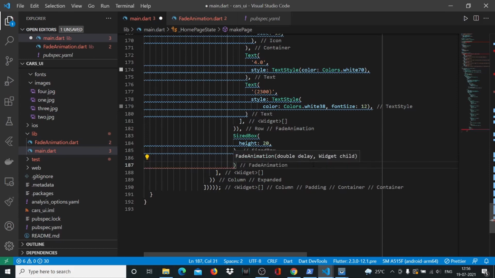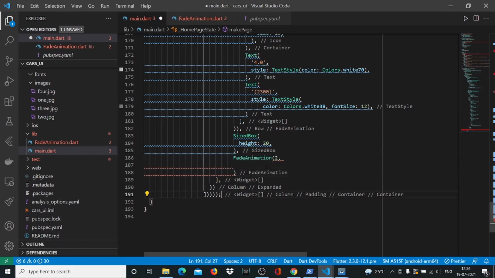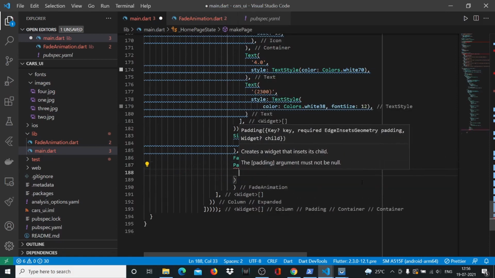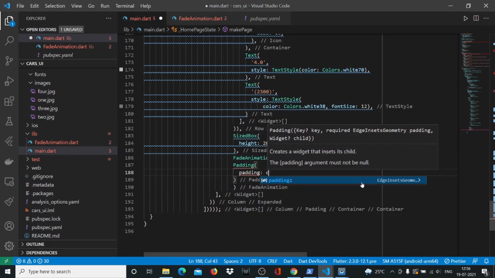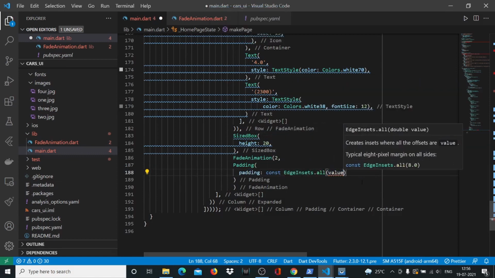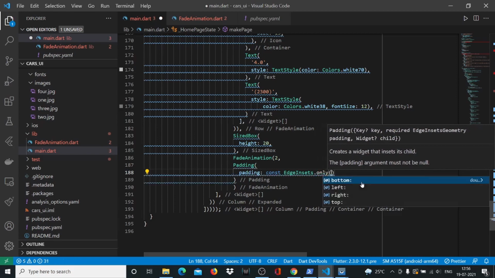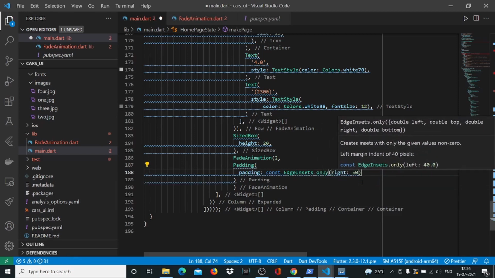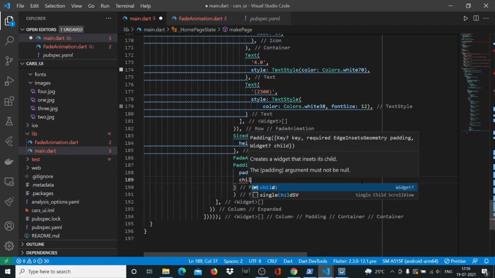The child will actually be a padding widget. So we'll say padding. Inside that it has a padding property, so we'll say constant edge insets dot only, and from right let's give it a value of 50, put a comma there, and child